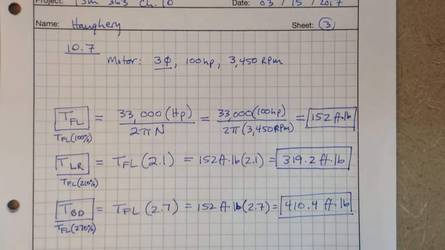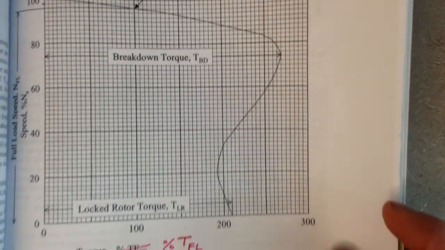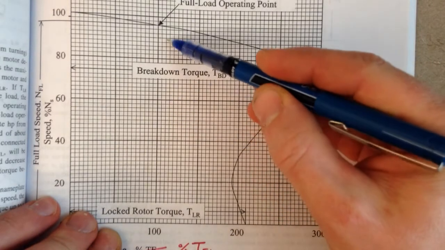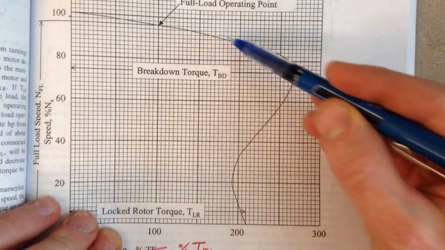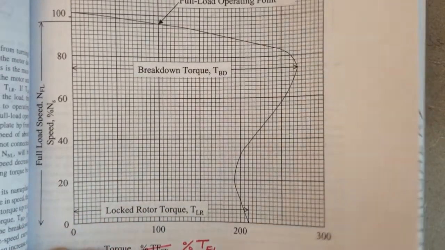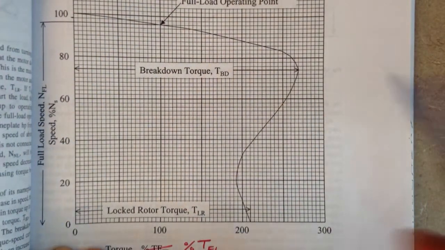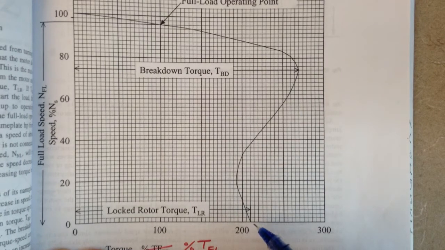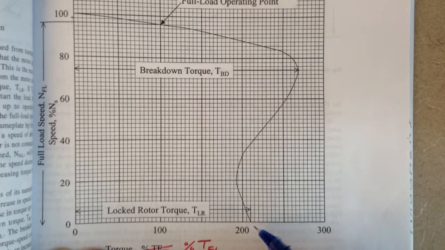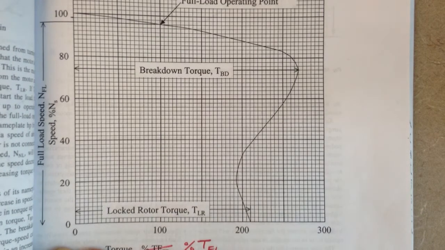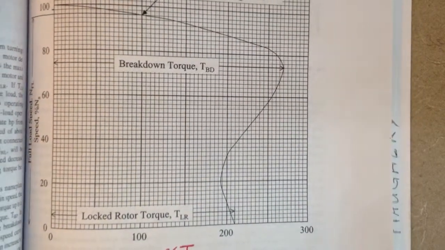And then our breakdown torque is where we start breaking down. So if we look at these along here, this is our 100%, our 152. Over here is our 410 breakdown torque. And then all the way down here, our locked rotor, or our zero speed, is our 319 foot-pounds. That is 210% full load torque. Okay, so the next question is,